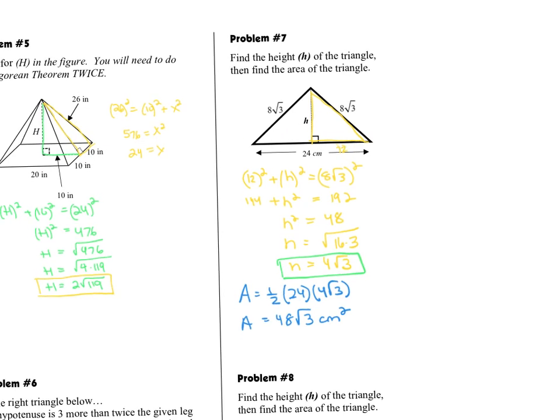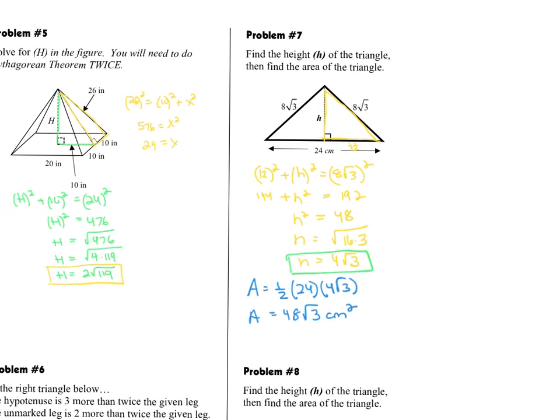Problem number 7 asks us to find the height of the triangle and then to find the area of the triangle. So if I started with this yellow here and said that what I had was a leg and a hypotenuse, and I was looking for this height. So 12 squared plus 8 squared is going to be equal to 8 times the square root of 3 squared. And so when I complete this solving for the height, I get that the height is 4 times the square